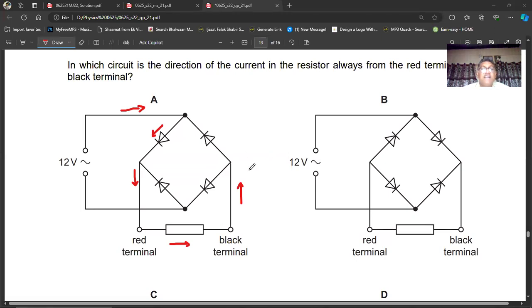So the current will go in this direction. Then it cannot go in this direction because here it has high voltage, and this current will have low voltage. The current does not go from low voltage to high voltage. It always goes from high voltage to low. It cannot go this way because here the current has high voltage. And then it will go in this way. You understand? Okay. Now, when the current will come,